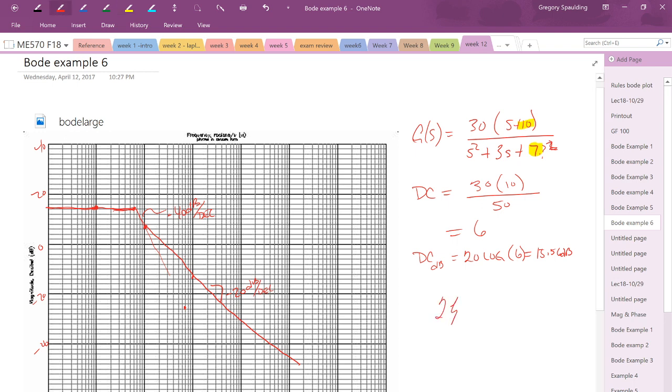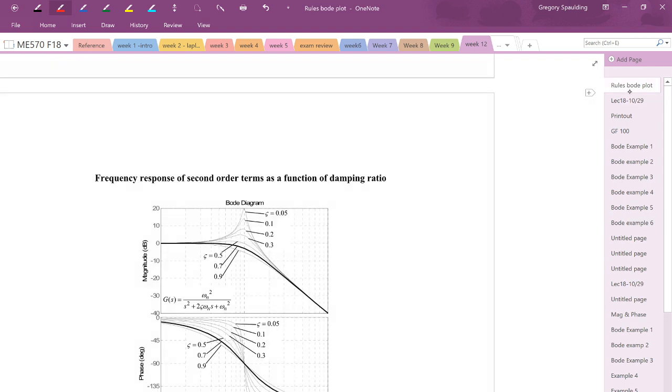2 zeta omega n is equal to 3, and so our zeta is going to be equal to 3 divided by 2 omega n, and this is going to be 3 divided by 2 square root of 50, and I worked that out, and it comes out to be 0.212 for our zeta. Okay, so look back at our